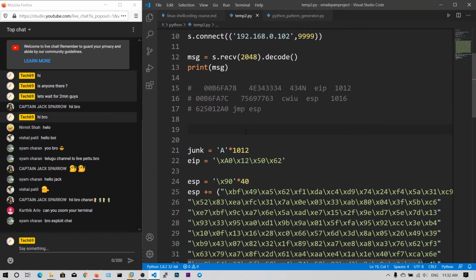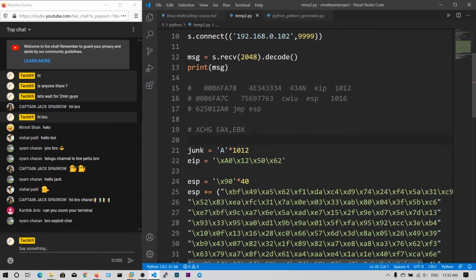Suppose there is an exchange register instruction, namely XCHG. If I say exchange EAX comma EBX, what this instruction does is it takes the contents of these two registers and swaps them. That means if EAX contains 1 and EBX contains 2, it places the 2 in EAX and the 1 in EBX. So the contents of EBX get placed into EAX and the contents of EAX get placed into EBX.